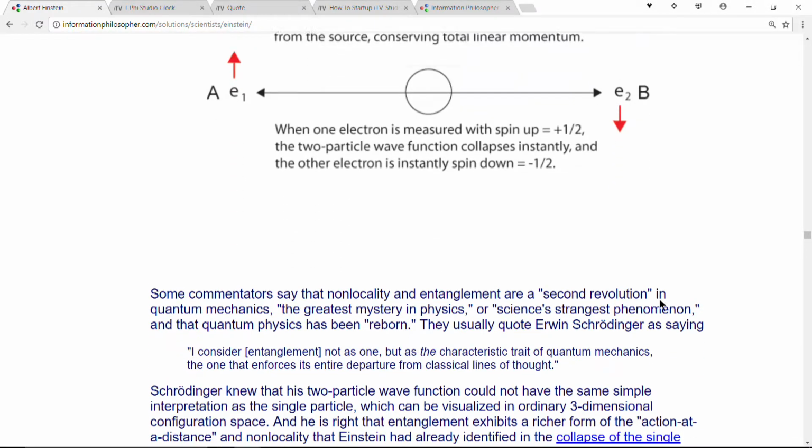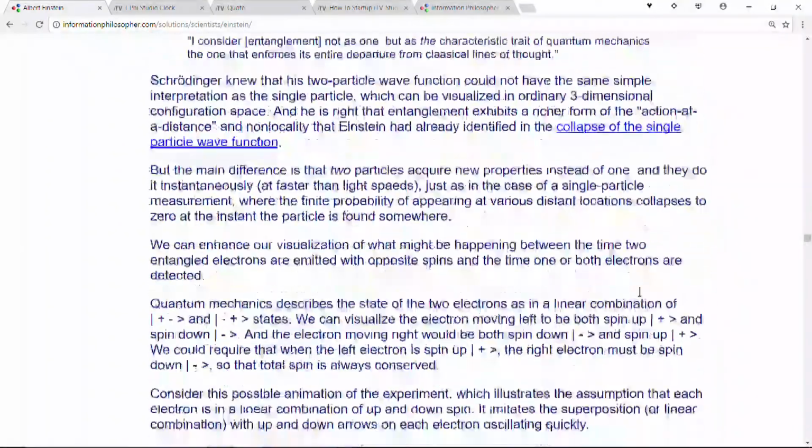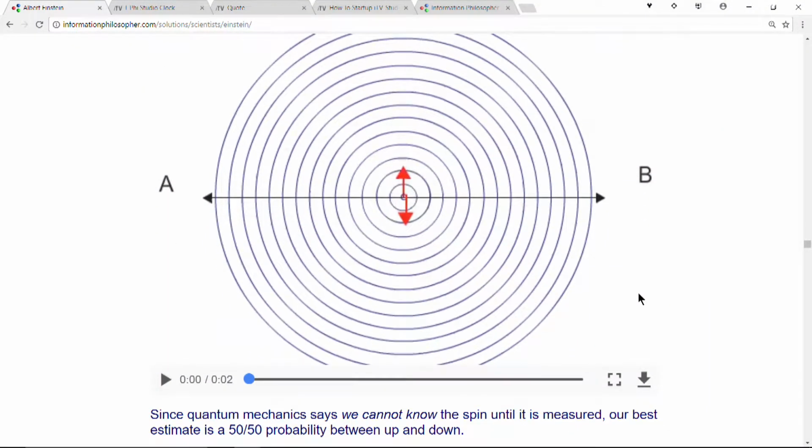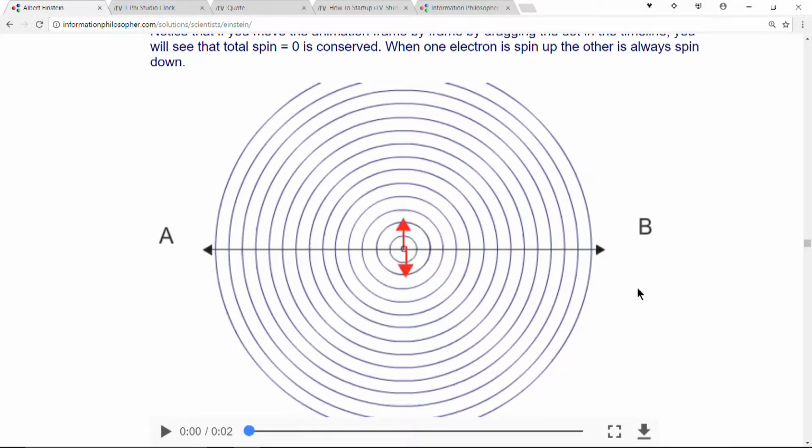So let me now scroll down and draw another animation which can kind of give us the picture of what physicists today think about this experiment. Here what I've done is to try to show in an animation that at the center of the experiment, when the two particles are generated, one goes up and one goes down, but on the way as they're traveling,